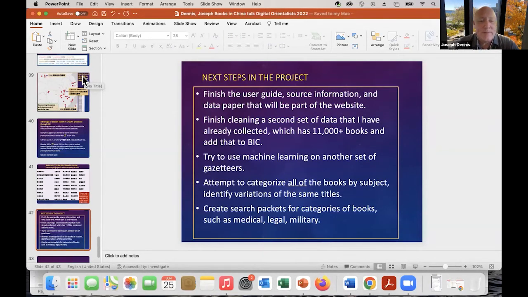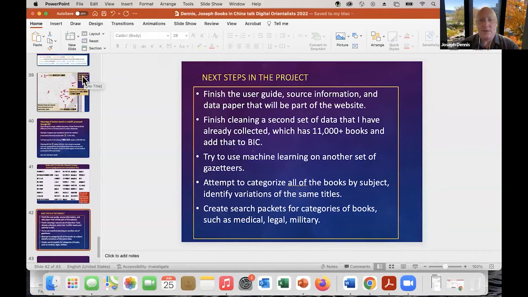So we've also been discussing trying to use machine learning on a set that comes from Harvard that's been added to this, and trying to apply this to that set of gazetteers. I'm also trying to figure out how to categorize all the books. And this is actually kind of a complex problem.